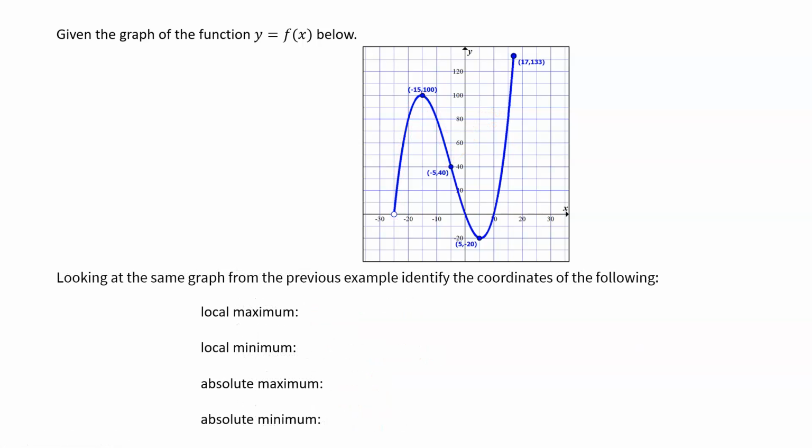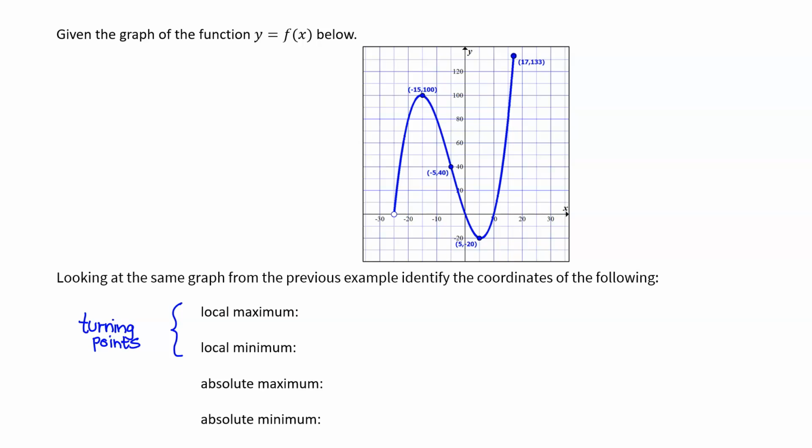Now going into local and absolute extreme values: local maximum, local minimum, absolute maximum, and absolute minimum. From textbook to textbook, this can vary a little bit. In your textbook, the local maximum and local minimum are turning points only. In other textbooks, I've seen them refer to endpoints as being local maximums and local minimums, more so in pre-calculus and calculus textbooks, but your textbook leaves the local maximums and local minimums as the